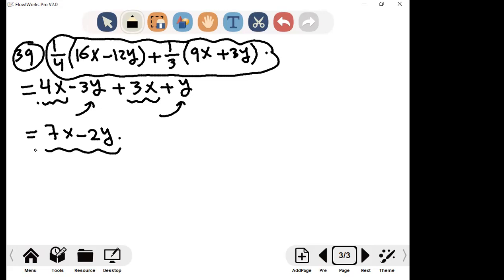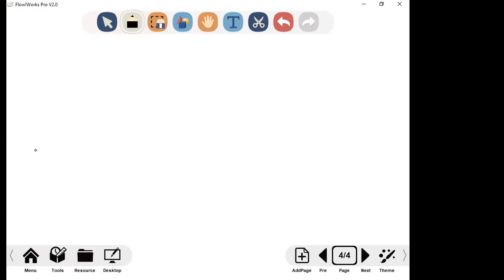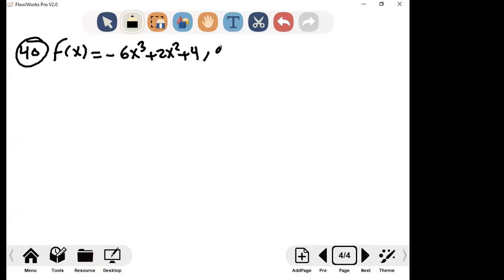We have question 40. If you see it, let's do it together. Question 40. Are you done writing question 39? Yeah. Question 40, we have two functions there. Let's read the question together. In question 40, we have the polynomials f of x equal to negative 6x power 3 plus 2x power 2 plus 4, and g of x equal to